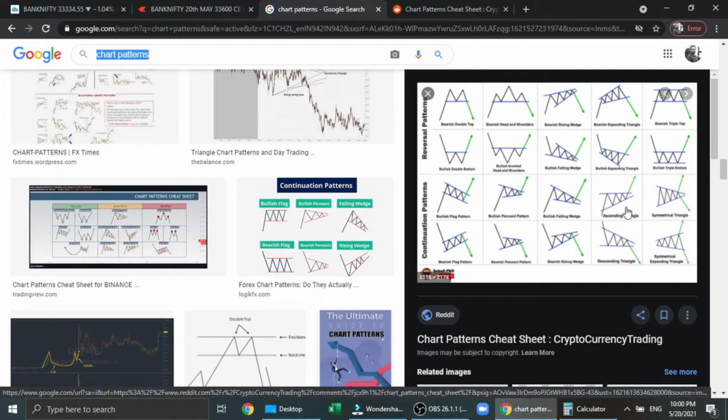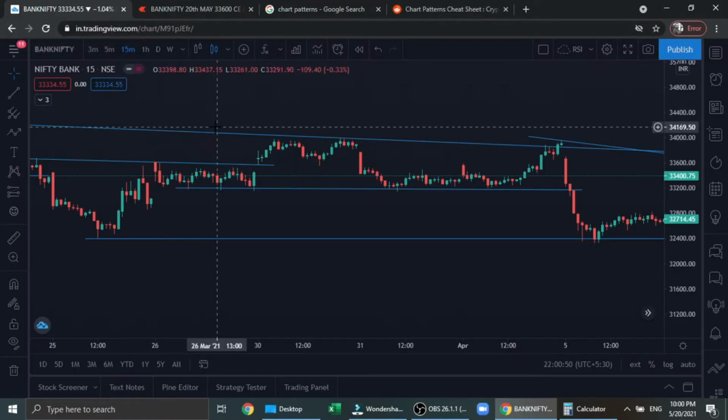Whichever side breaks, on that side the stock moves aggressively. So that will be the starting point to enter the stock. If you observe these two charts, they look very similar, but the only thing is the breakout happened on both sides. This happened at upside, this happened at downside. So let's move on to the chart.